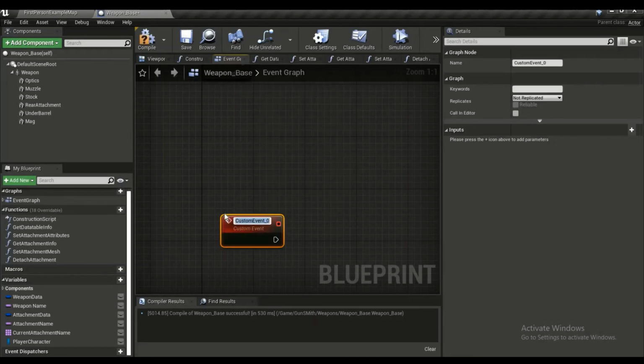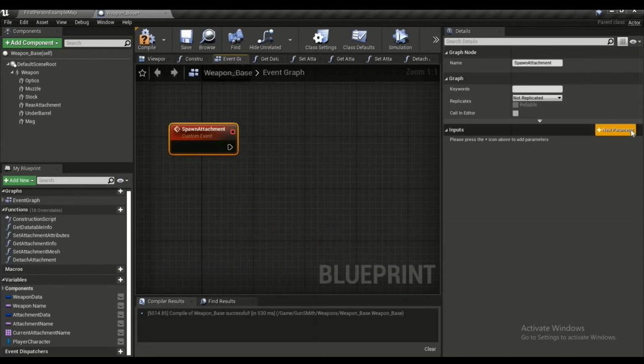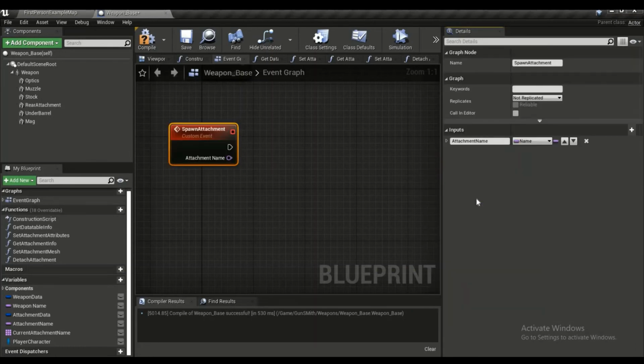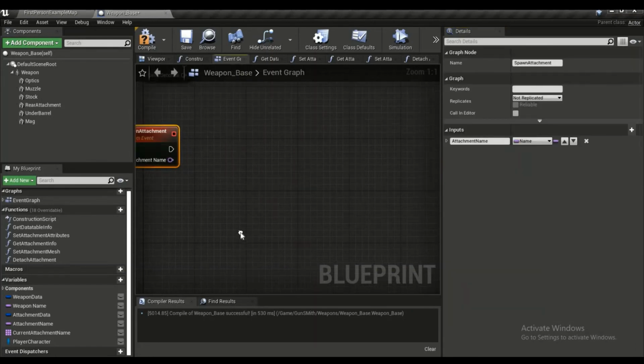Let's add a custom event. We're going to call it spawn attachment, right? And it's going to have an input value called attachment name, and that's going to be a name. All right,